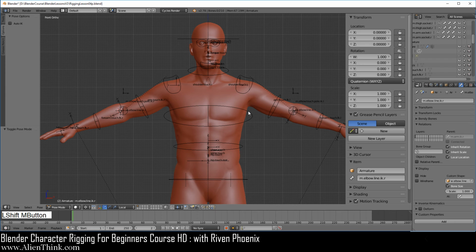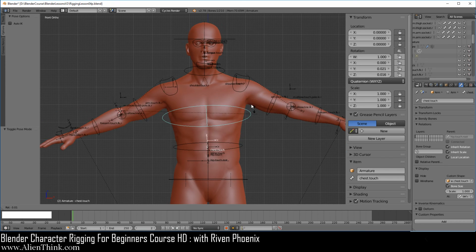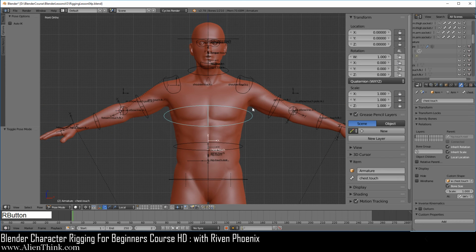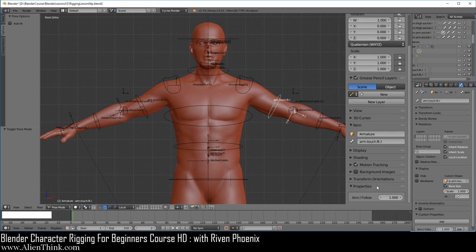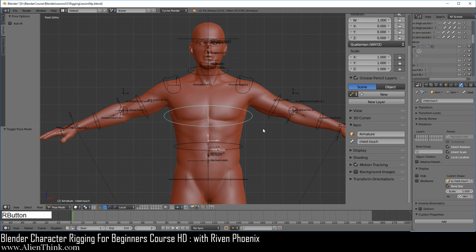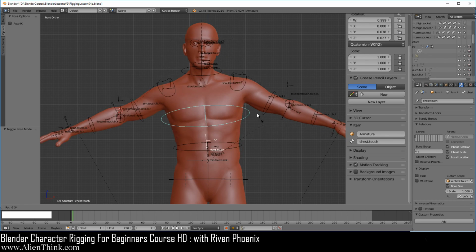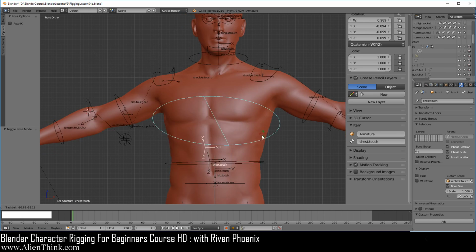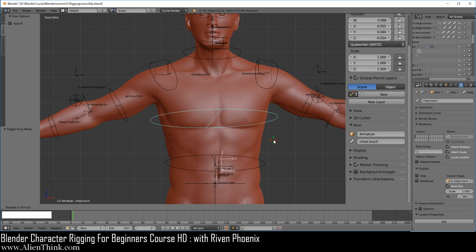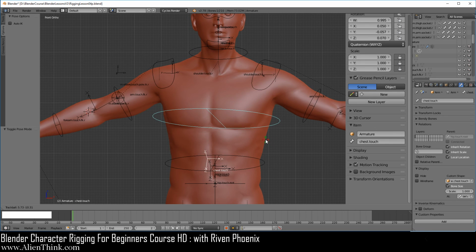Okay, so now when you click over here and press the R key, this whole thing will move, and of course you want to change this to median point. See that this is moving. If we click over here and let's say we turn this off, click over here and turn this off, click over here and press the R key, we'll see how this is working. Okay, we can press the R key 2 times to just get an idea or feel for how this whole thing is going to work.